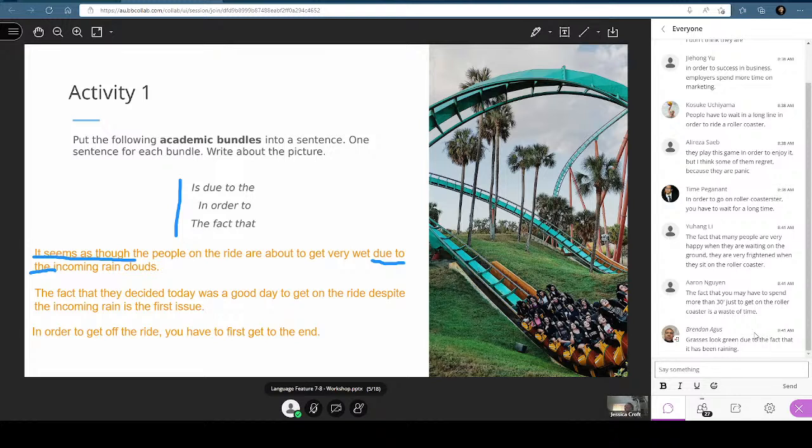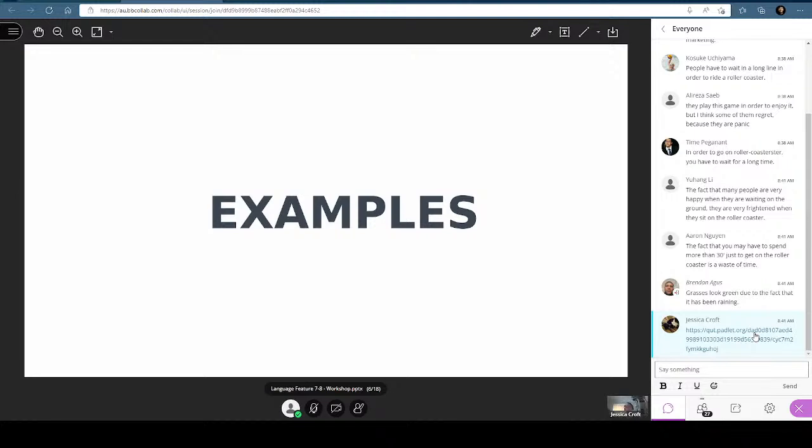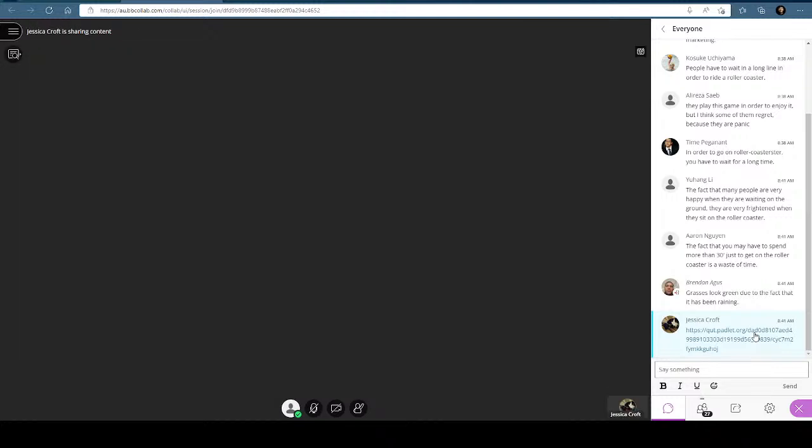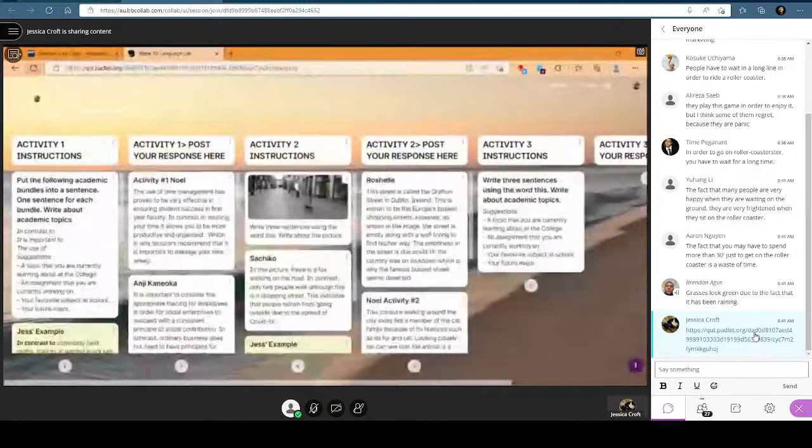Great. So I have, I think it's the next slide. Yes. A Padlet that I have created for us. Now let me just jump over. There we go. So the first activity is what we're going to focus on for right now, and then we'll move on to the other idea that I also want to talk about.